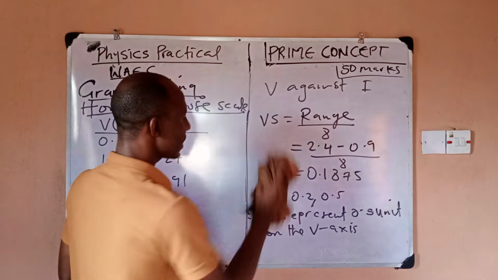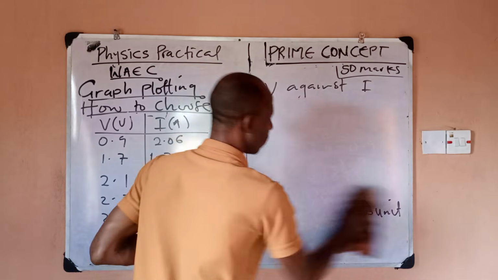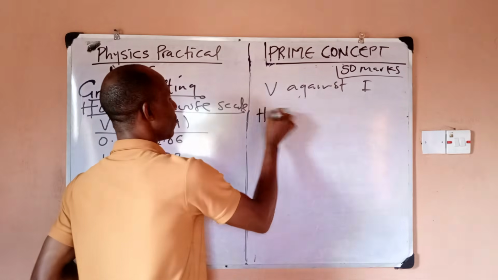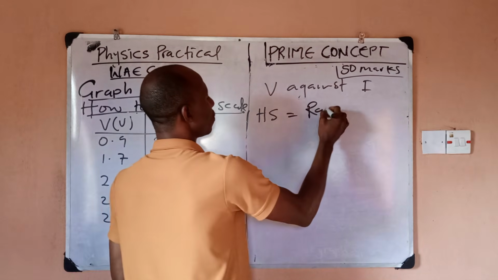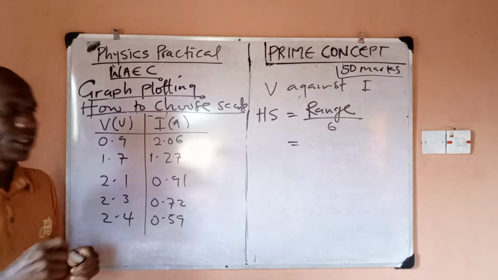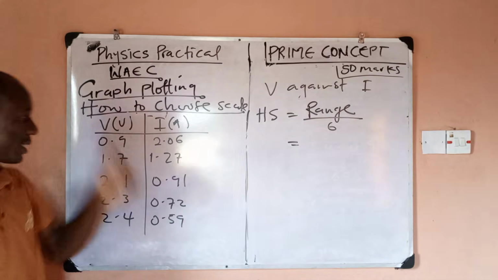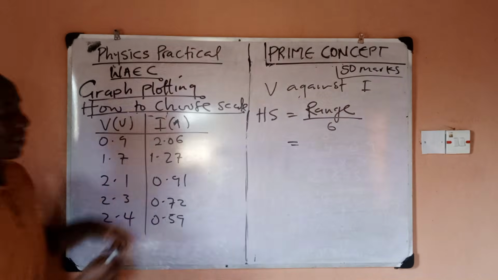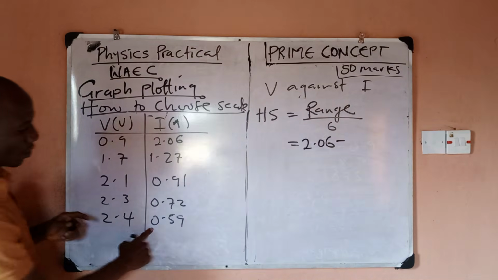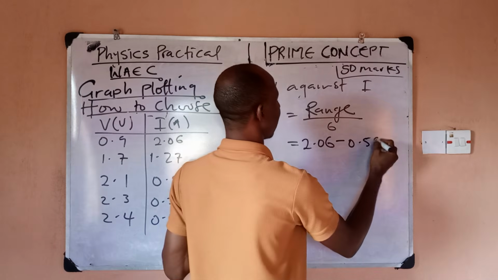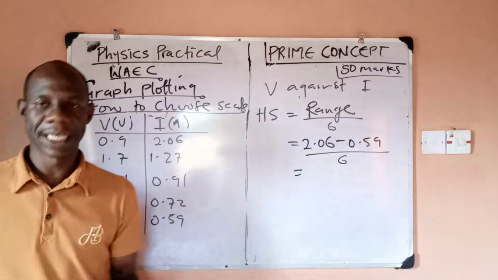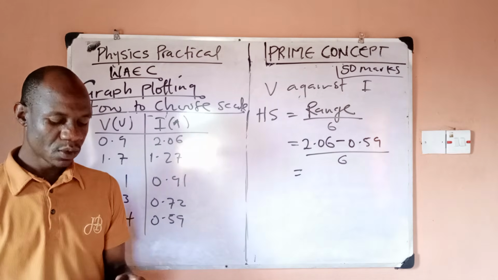Now, I want to get the scale for the horizontal axis. I'm going to also do range divided by 6, right? Range divided by 6. So for the horizontal, what is the highest? It is 2.06 minus, what is the lowest? 0.59 divided by what? 6. So when I punch this again, I would have